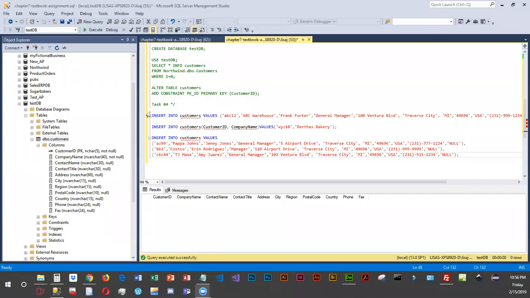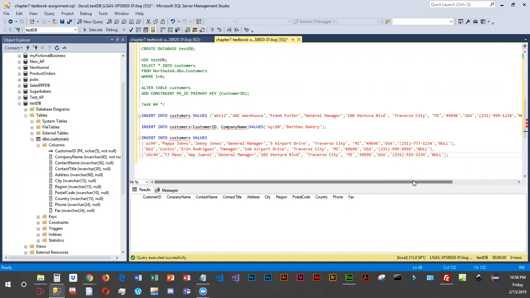So for task 4, what we're going to do is add data to our customer table. And there's a couple different ways you can insert values. So the first method we're going to do is basically insert into customers, that's the table, and we're just going to say values. And then because we're going to insert a value for everything, we don't have to tell it